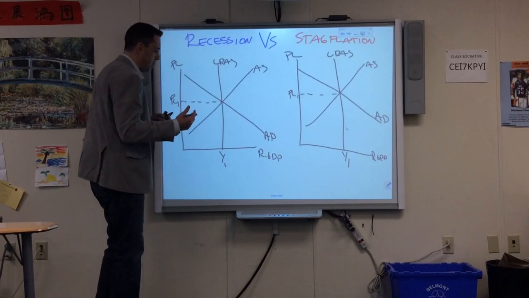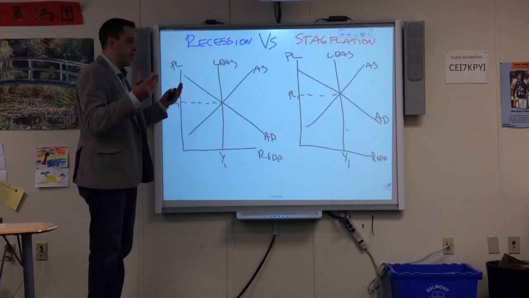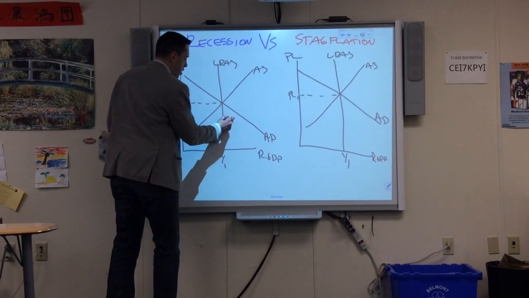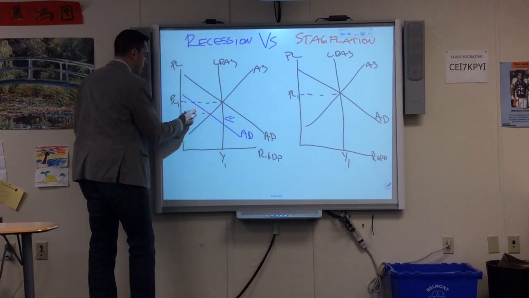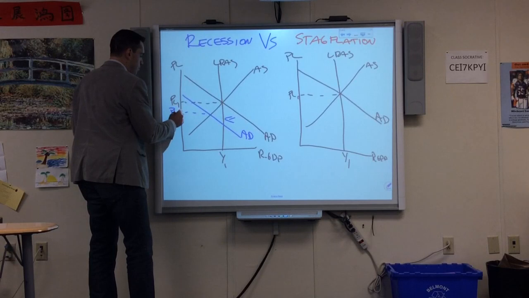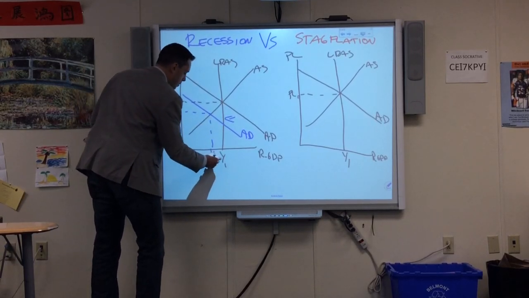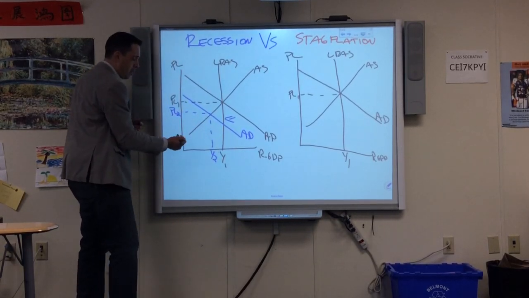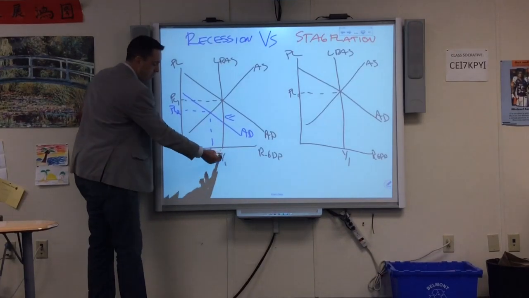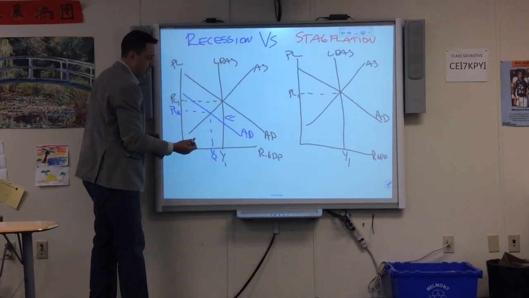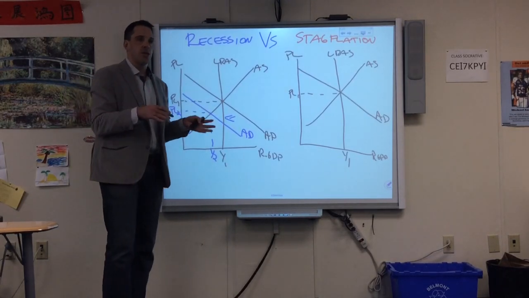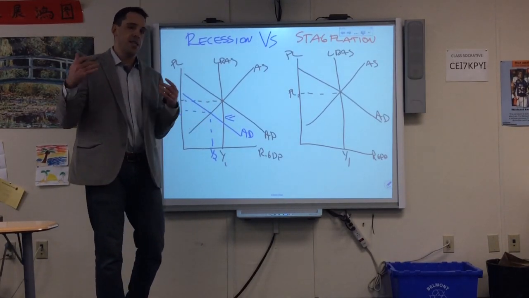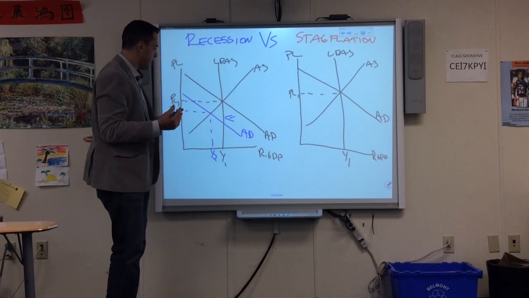So recession, when we just say recession or generic recession, we're talking about a decrease in aggregate demand. And a decrease in aggregate demand will bring price levels down and output will decrease. Here we're going from maybe 5% unemployment, where long run aggregate supply is, to maybe 6%, 7%. In 2010, the United States hit 10.8% in the Great Recession.